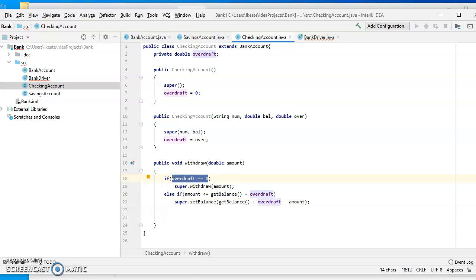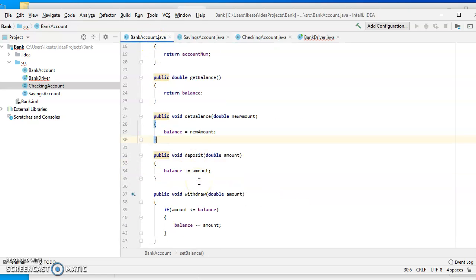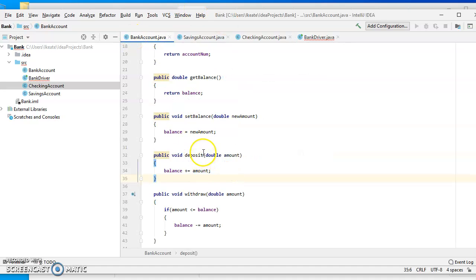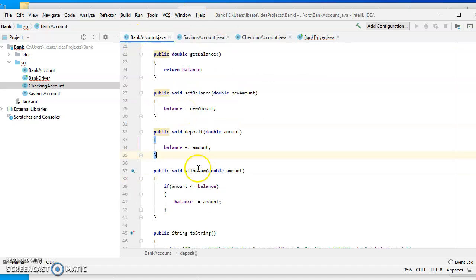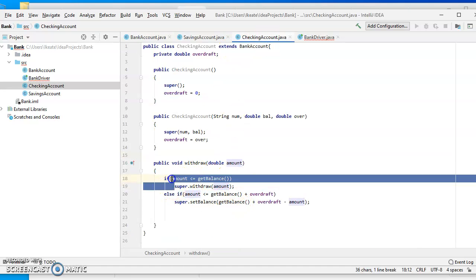What I want to say here is if amount is less than or equal to balance. That makes more sense. So if the amount is less than or equal to get balance, super dot withdraw amount. That's very similar to what I have here. Actually, I probably don't even need to do that. I probably can just call super because it already calls the if statement here, right? So let's see. Yeah. So I'm just going to call super dot withdraw amount